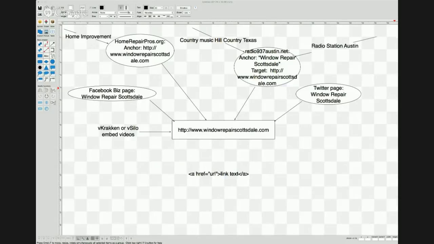Those are going to give you an idea of what you might have to do to beat them. Because remember, if you've got better metrics or signals that Google picks up, then you are going to outrank them. Competition is the name of the game here. If you beat your competition with your metrics and you are not over optimized, you will win. If you do not, you will not.